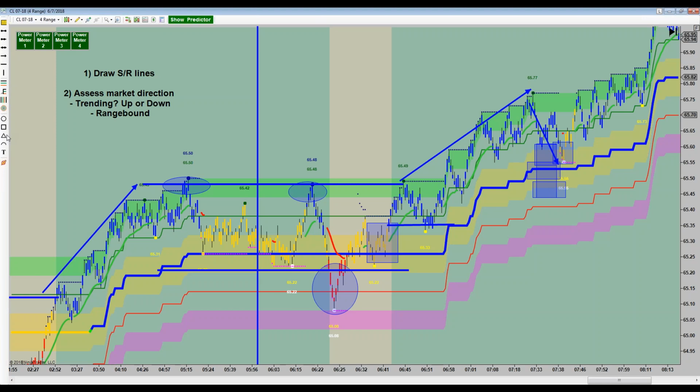Now, some of you might have said, well, if you put that kind of definition on it, you could say maybe this was a long entry. I'd say this is the very bare minimalist retracement to get in the trade. There were two more of them over here like this, see it? Where you technically pierced stealth and line 6, just barely. Now, here's what I want to say about this. If a market is in a powerful uptrend, as crude oil was here, you can take these shallower retracements